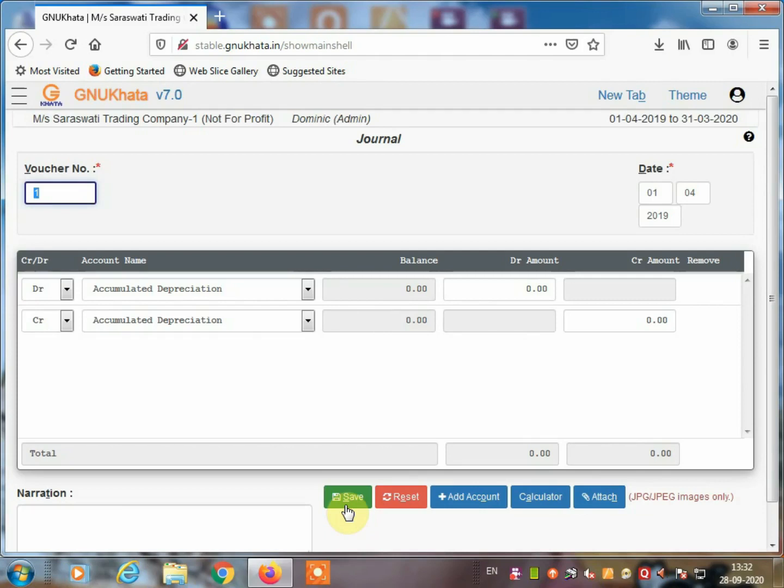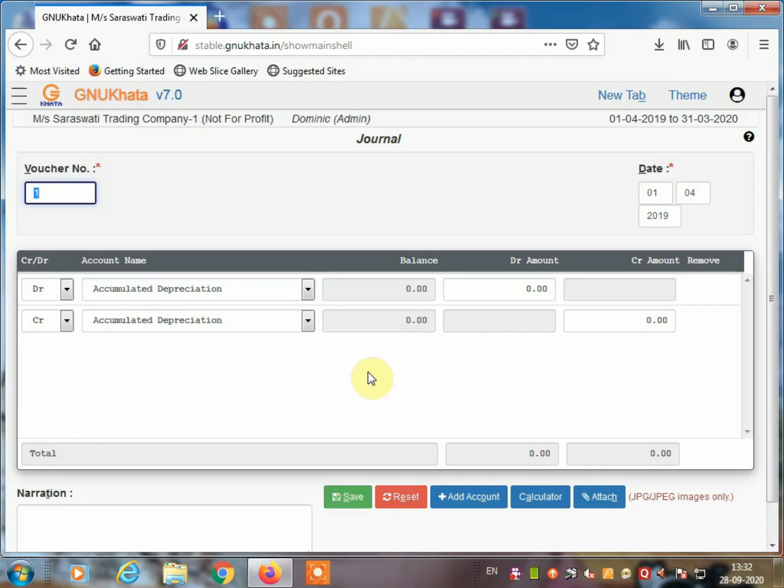So my dear students, you understood the new accounting software, that is GNU Khata. It is the same as Tally. While creating a voucher, first you have to find out the ledger account, write the journal entry in your notebook, and then go for creating the voucher entry. The procedure will remain the same as how you use Tally. In a similar way you can use GNU Khata. It is so much easier than Tally.